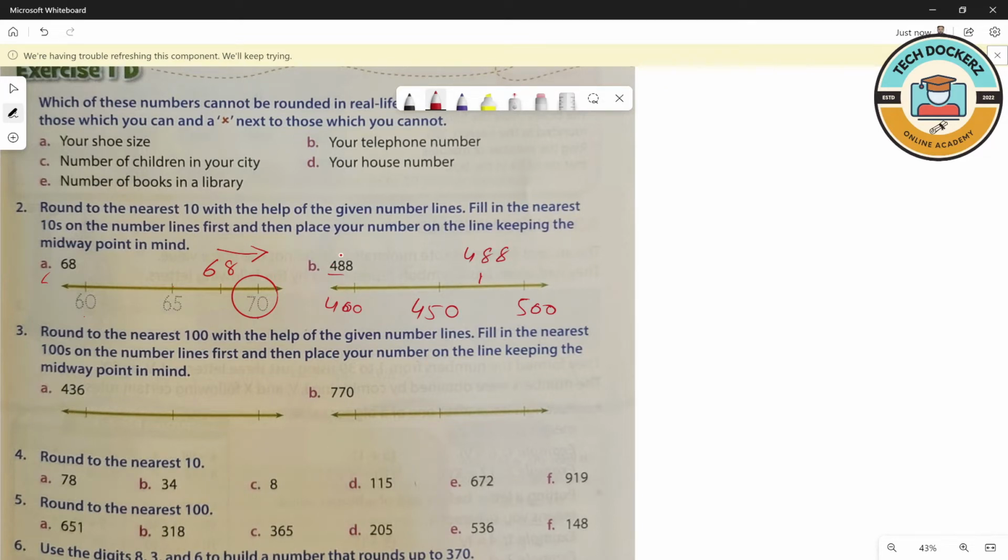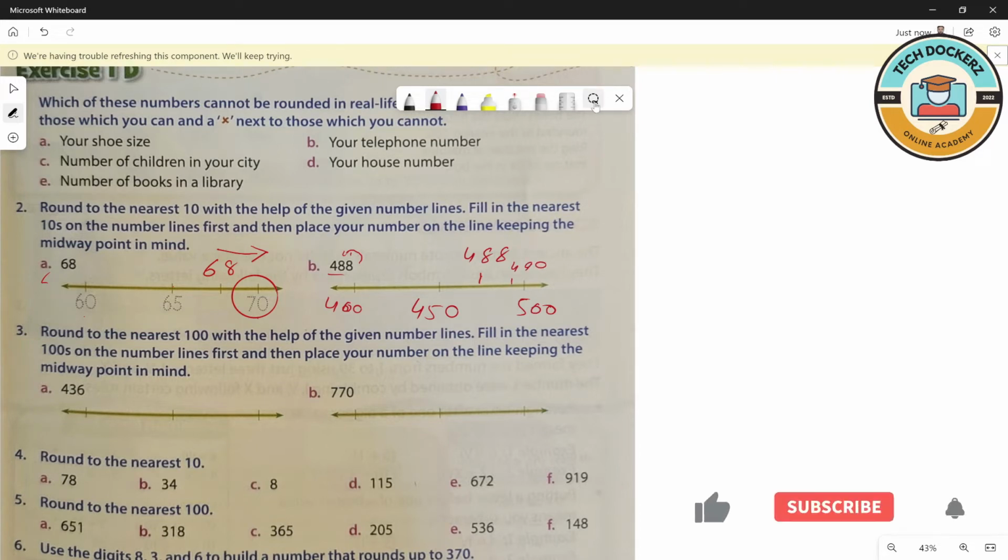When we are rounding numbers to the nearest 10, it depends on the ones place. What is the value at the ones place? It is 8, which is greater than 5. So this number will round up and do a 1 increment, or 1 plus, in the previous number. So it will round to